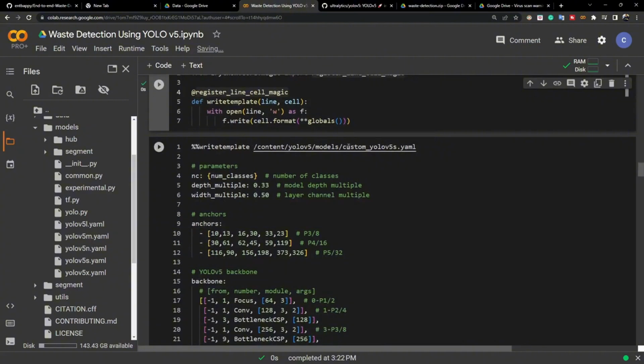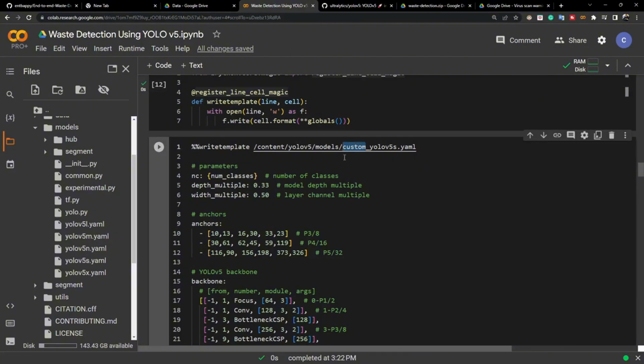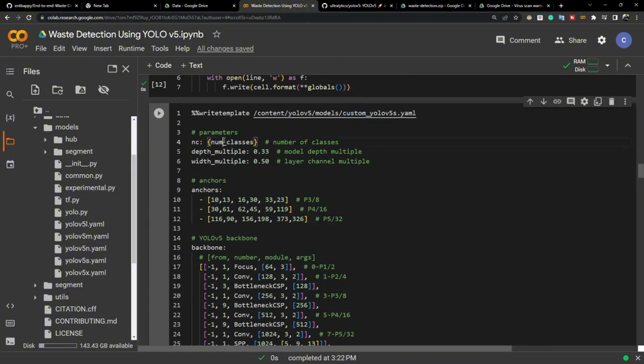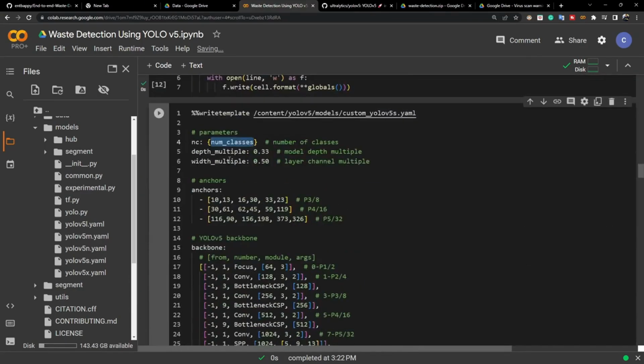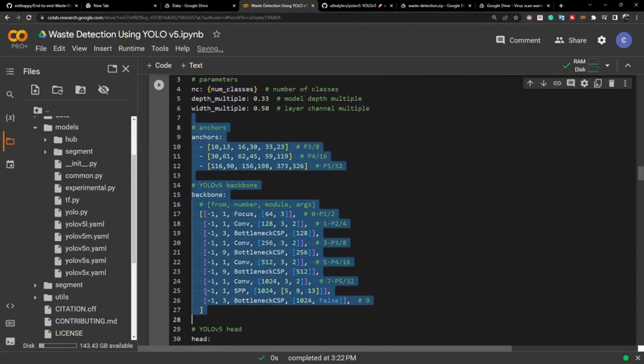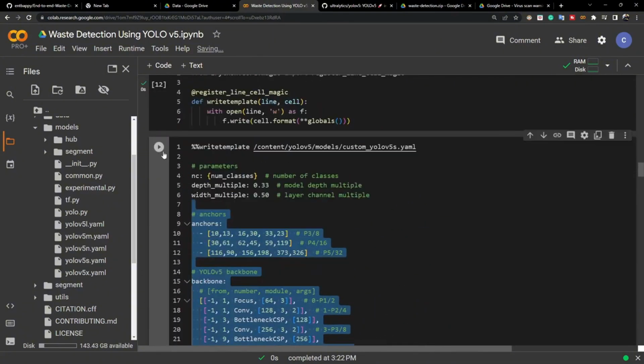Now here, first of all, I'm copying the same file, yolov5s.yaml, and I'm creating another file, naming it custom_yolov5s. That means I'm just making one copy of the same file and giving it a different name, as you can see, custom_yolov5s model. After that, the class I'm getting, I'm just replacing the class here, and all the architecture I'm keeping the same, as you can see. Now if I execute the code,